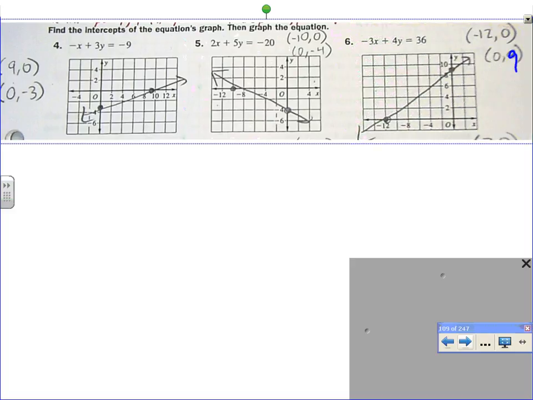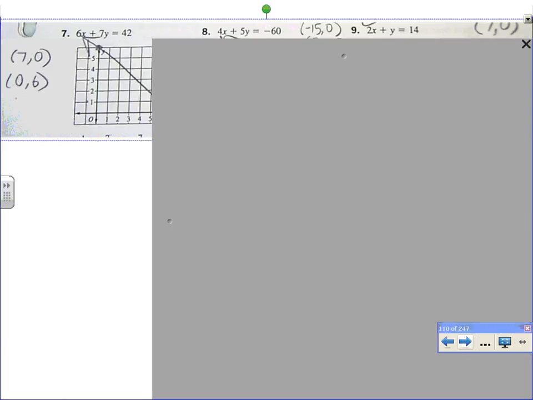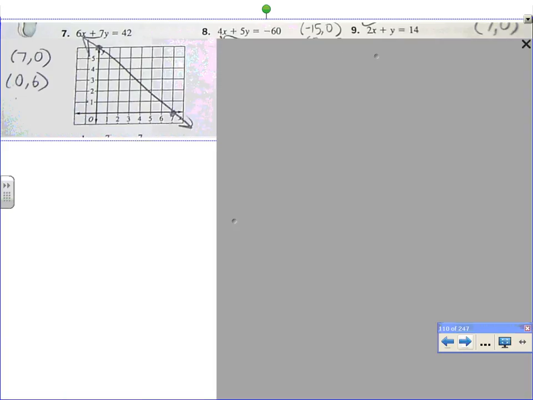Any questions on the first row? Alright, second row, number 7. Neil. I have a question. Yes. Oh wait, no, never mind. But for number 7, I have x is 7 and y is 6. Number 8. Nathan S. Y is negative